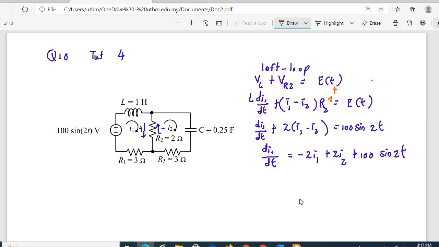So plus I1 multiplied by R1, and R1 is 3, so 3I1. So 2I1 plus